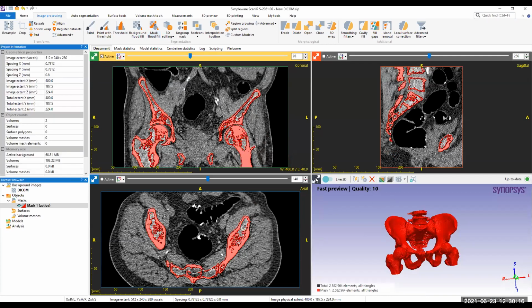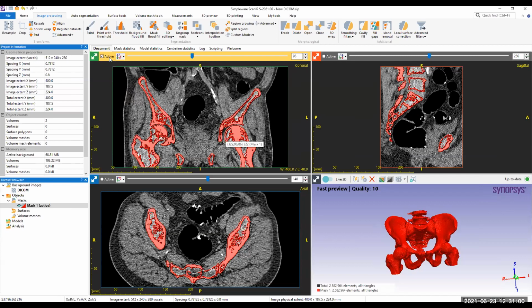Now, the next step could be multiple things. It can be filling up these cavities. For this data set, my end goal is to 3D print the femur or any other pelvic bone. Keeping that in mind, I want to split these sections: I want the femurs separately, I want this hip bone separate, and I want the sacrum separate. Then I want to fill up these cavities because I don't want internal features in this case. So first I will do the splitting.